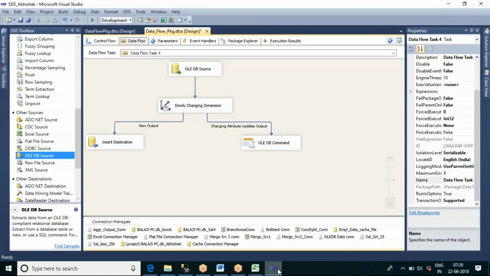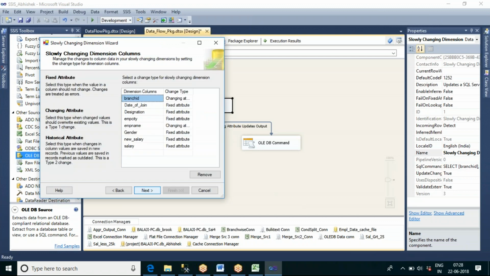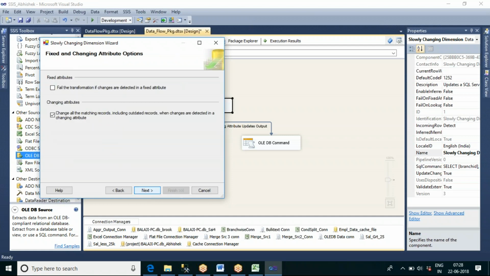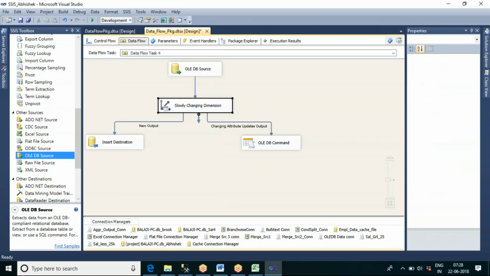So now we can go and see that. We have set branch ID and employee name as changing attributes, and the remaining are all fixed attributes. So let me go and finish.